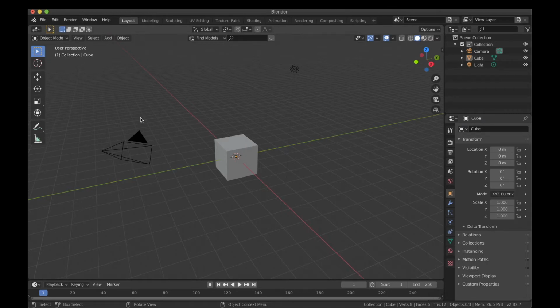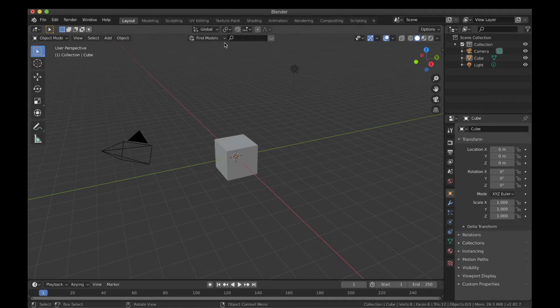In SketchUp, as you all know, there's a tool set on the top and there's a larger tool set on the left for accessing the tools, and there are shortcuts for that. Similarly, in Blender, as you can see on the left, there's a toolbar which can be accessed or hidden by pressing T on the keyboard. By pressing T, this will give you access to some very basic tools such as select box, cursor, move, rotate, scale, transform, annotate, and measure. There are many more tools in Blender, but these are the very basic ones. Also, these will have a shortcut assigned to them. On the right, there's a scene collection which will have all the objects in them. Scene collection is basically an equivalent of layers in SketchUp or Photoshop.